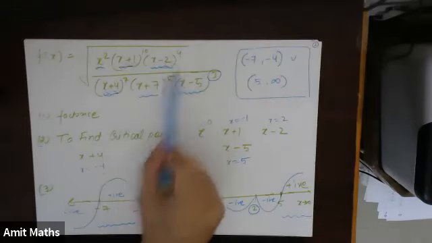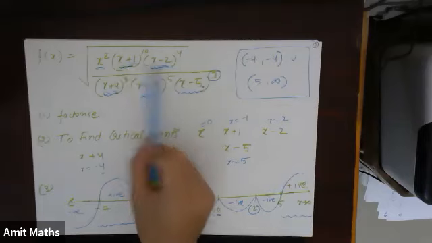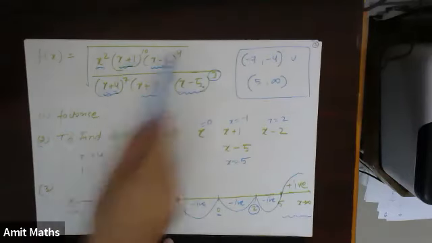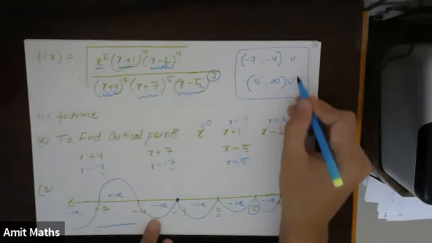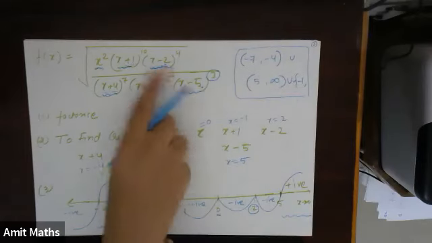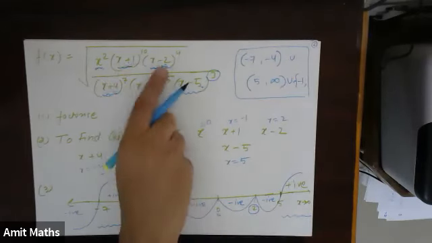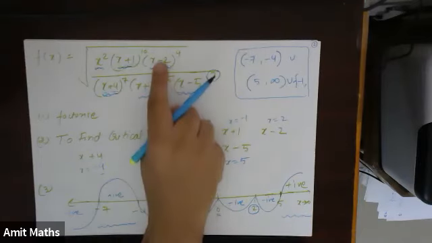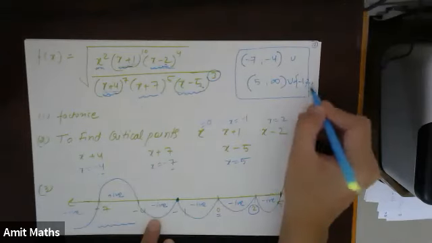When I substitute -1 in this, the numerator will become 0, and the square root of 0 is defined. So that is why I have to include some numbers, which is -1. At x equals 2, what is happening? This part is becoming 0, so this whole thing is becoming 0, so it is also included. 2 will also be included.